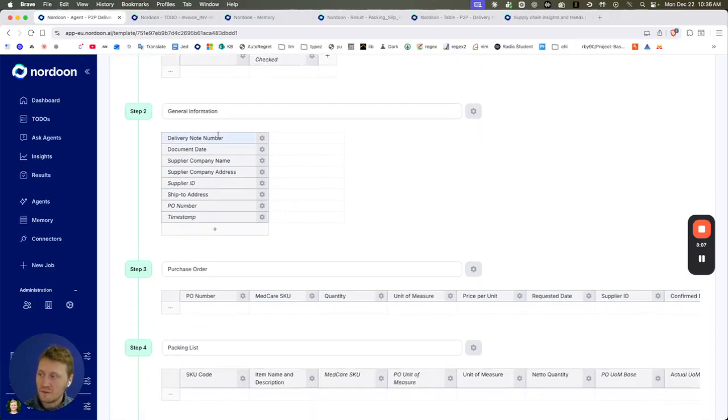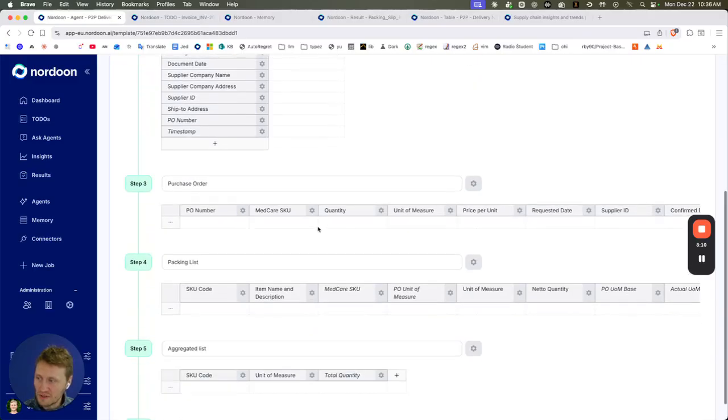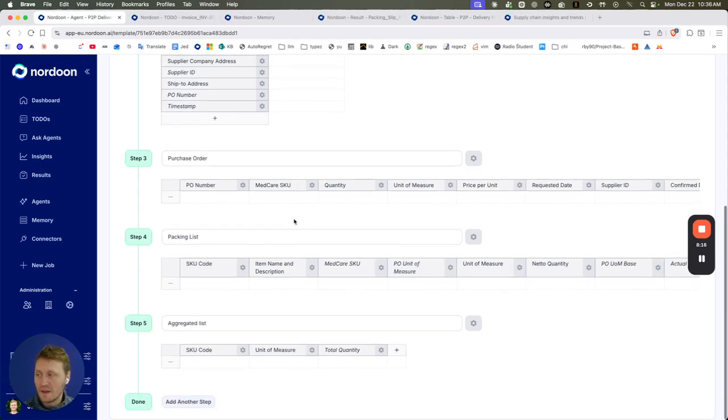Then we'll extract some general information and bring the purchase order information into our context for the agent to work with. And then the main step is the packing list step. So we'll find the SKU code that's written on the delivery note and the item name and description. And then we'll use that to resolve. So based on the known purchase order and all the descriptions, we do an AI-based fuzzy matching